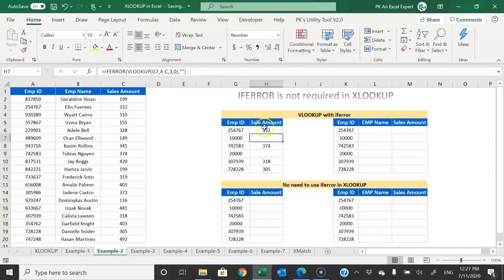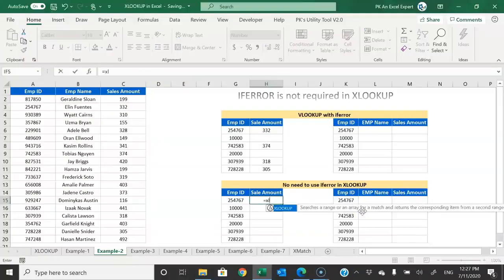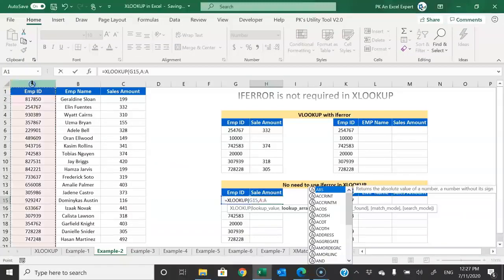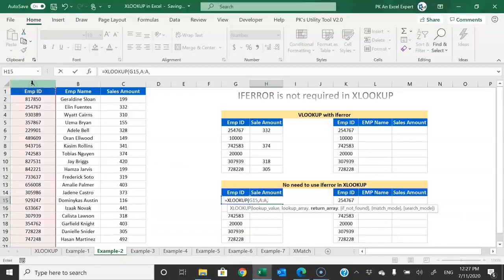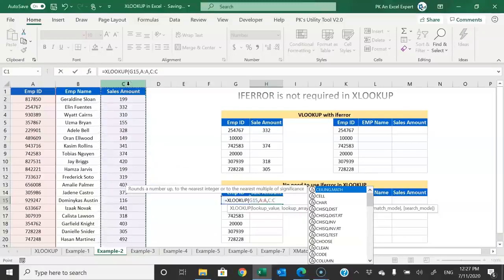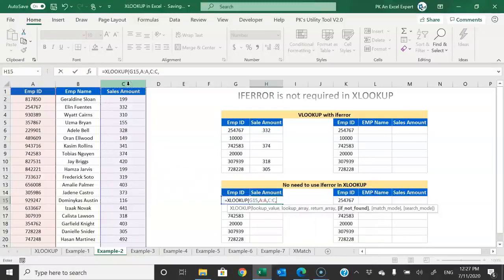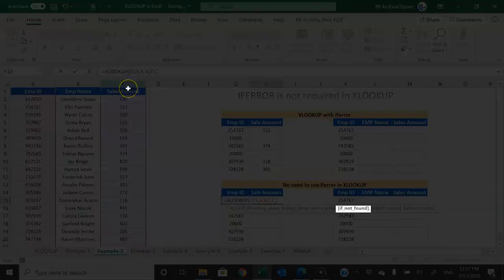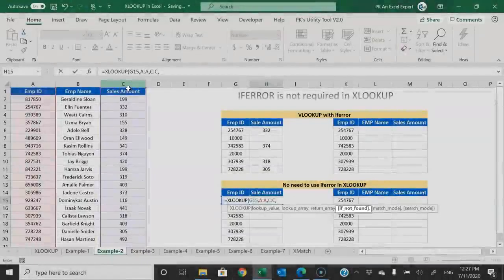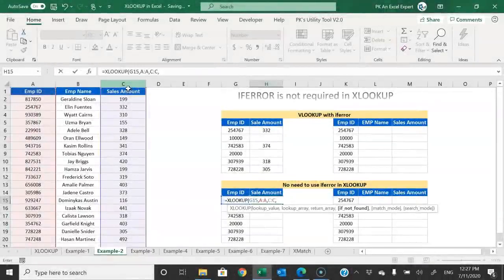But in XLOOKUP, you don't need to use this IFERROR function separately. I'll explain how you can do that. Here you can use a simple XLOOKUP. Lookup value we will take this one. Lookup array will be this column A, comma, return array we will take the sales. Now if you see the fourth argument, which is optional, here you can provide if not found.